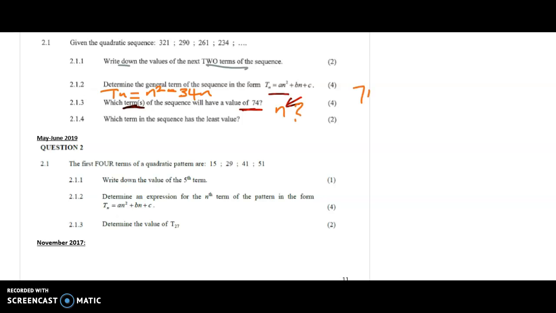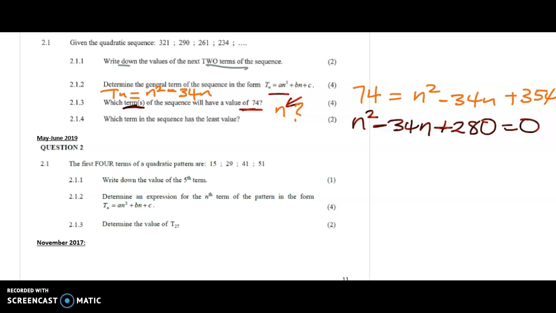So we just say 74 is equal to n squared minus 34n plus 354. Then you just basically solve for n. Let me write it a little bit nicely. So we have n squared minus 34n, then 354 minus 74, that should give you